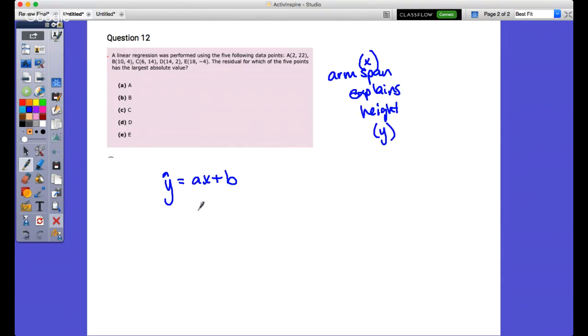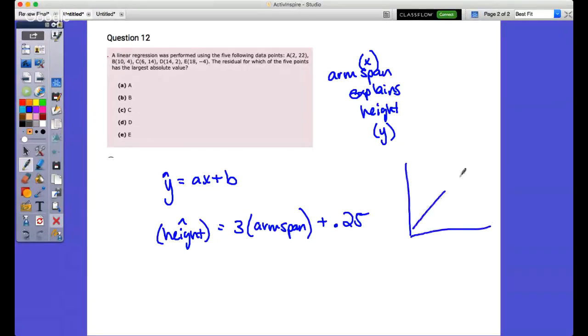So if I put this in context, and I'll put numbers in just for the heck of it, I would say my height is my predicted, and it equals 3 times my arm span plus 0.25. If that was a least squares regression line that fit, this would have a positive